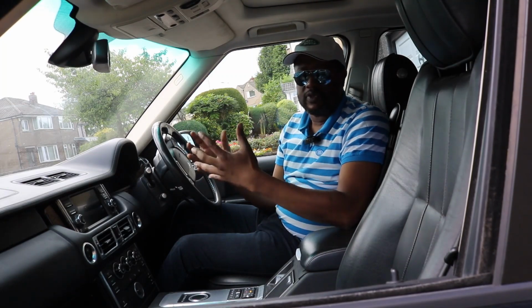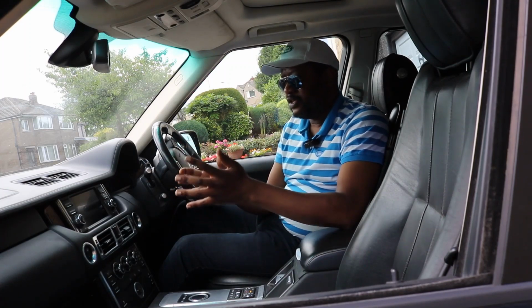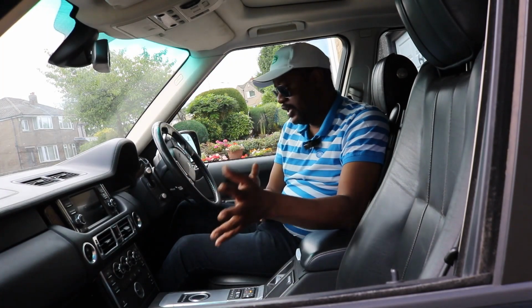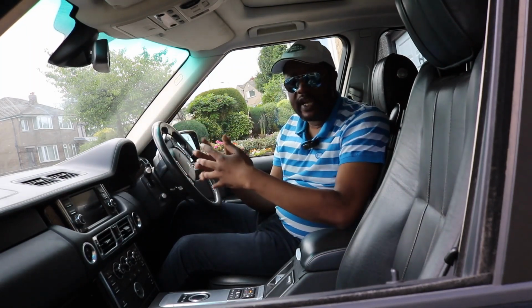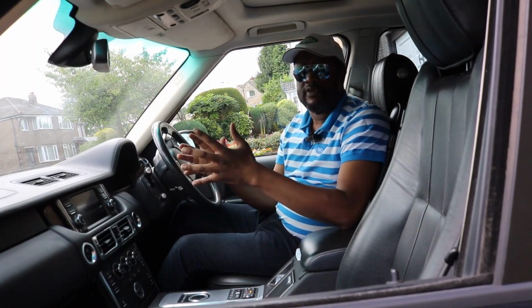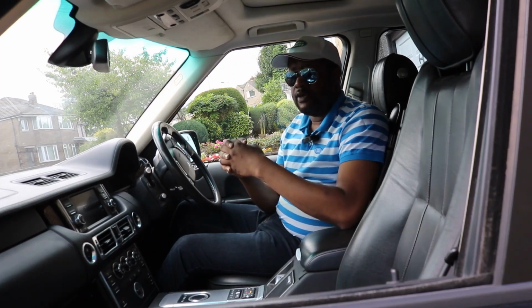Why would you want those wheels on a farm? They're diamond cut, they're going to get scratched, they're going to corrode, because you're constantly in ditches and water, wading through the countryside. So yeah, the Vogue SE is a terrible choice for a farmer or a landlord, and it's a perfect choice